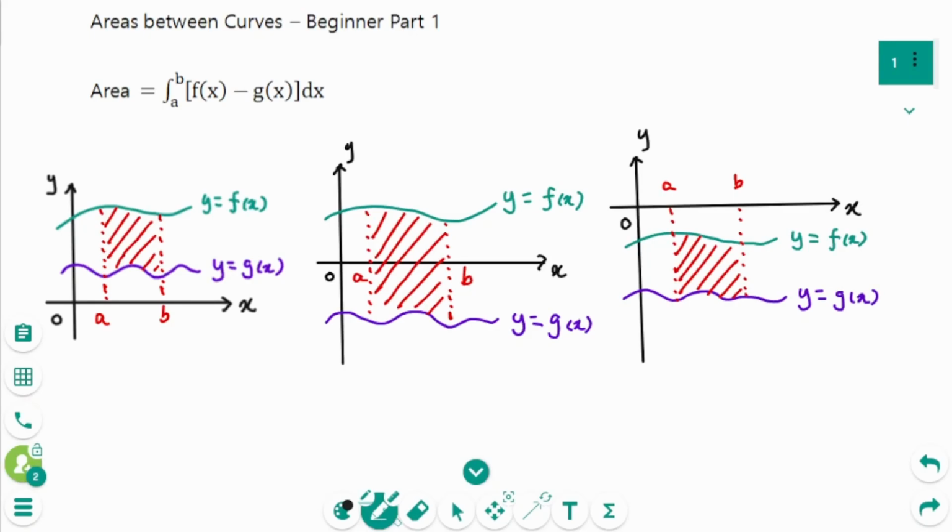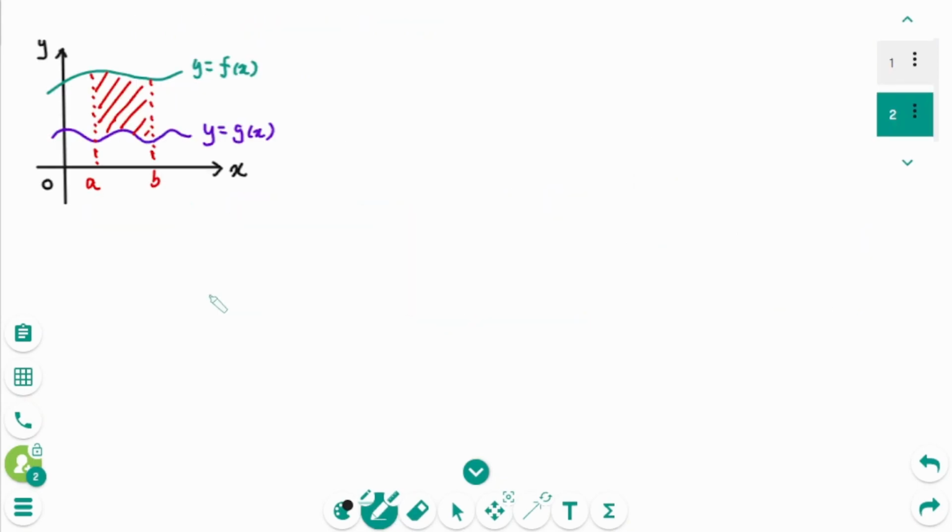This video will cover beginner questions regarding the topic of areas between curves. When we are looking for the area between curves y equals f of x and y equals g of x over the interval a and b, that means